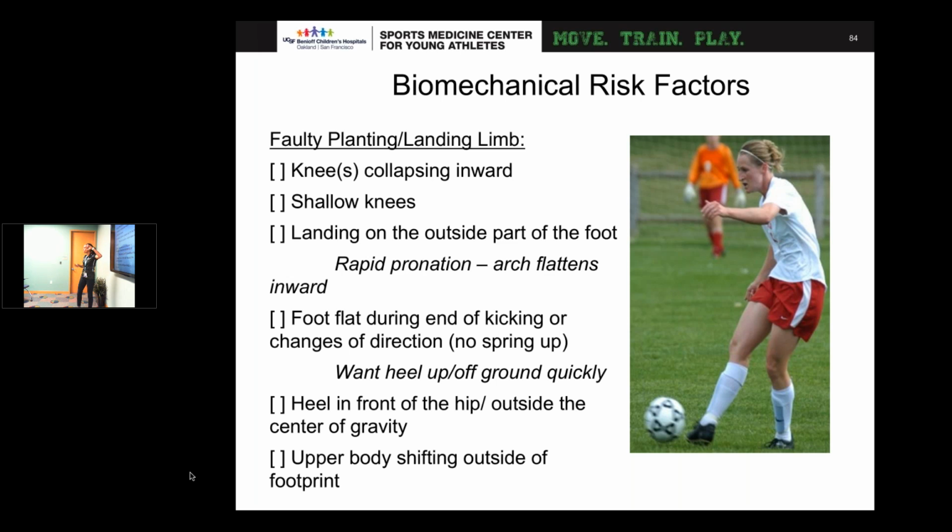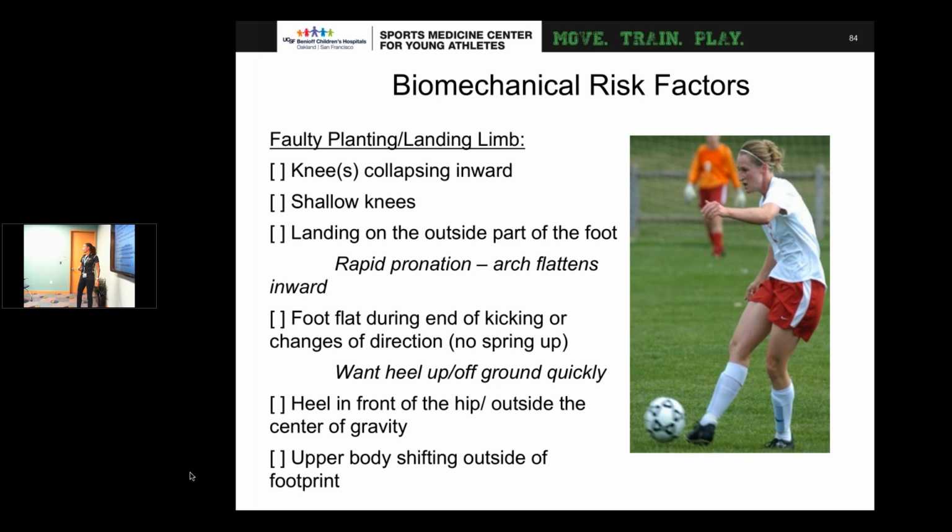Biomechanical risk factors. So here are things that we use as screening tools for looking at athletes that might be at risk. I coach and I'm looking at the athletes as they're doing their warm-ups and who needs a little bit of extra attention, who needs a cue. And if you see these things, and I'll go over them, and they're unable to be corrected, then they might need to go see someone one-on-one, or they need to do a little bit of extra homework on their side to correct these patterns.